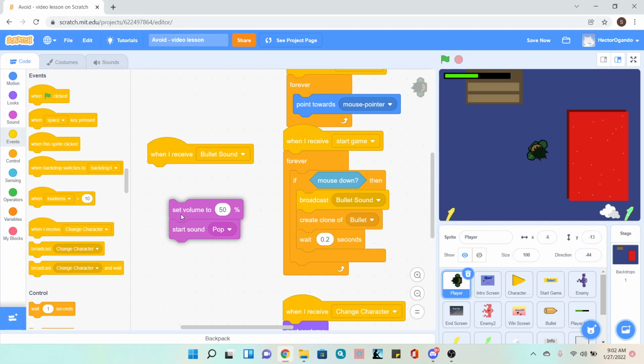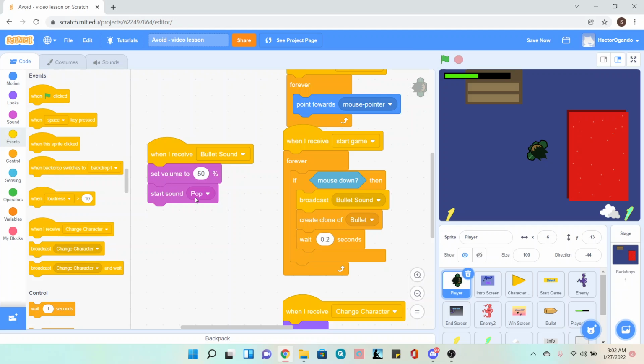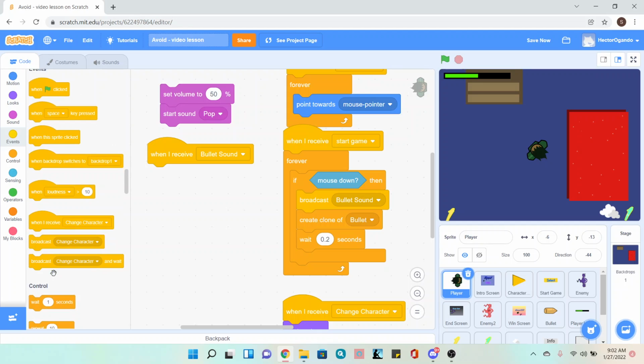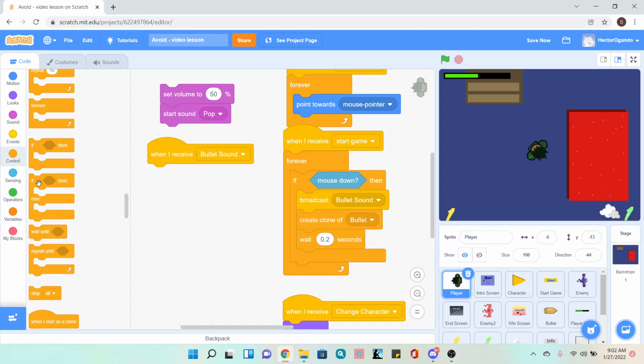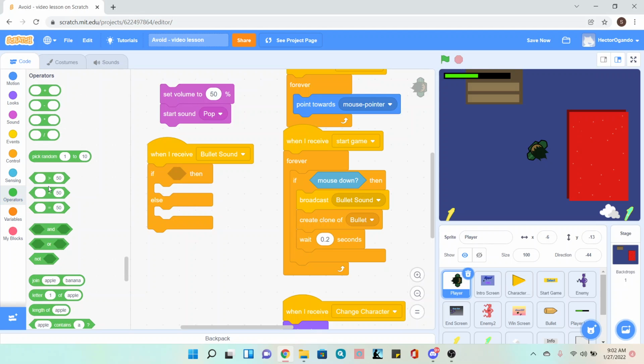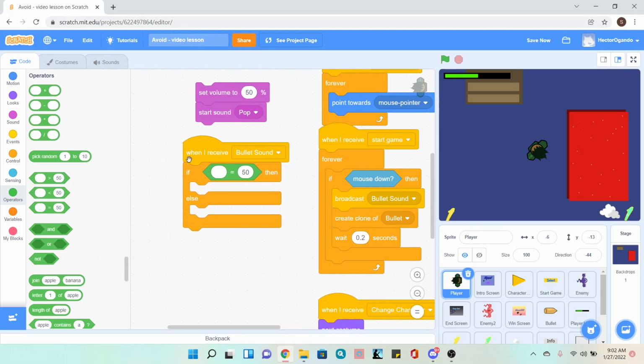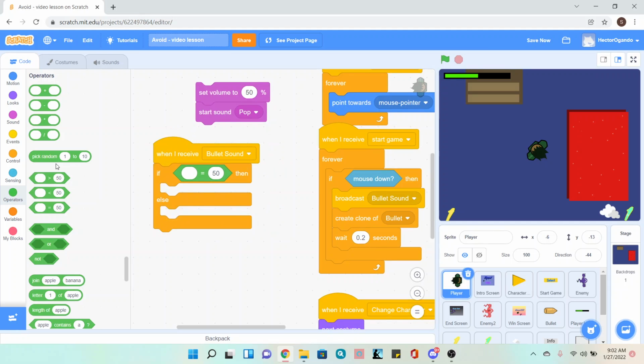So these two blocks, we're not just going to put it right underneath here because it's still going to do the same thing. It just looks a little bit different. Instead, what we're going to do is we're going to go onto control and we're going to add an if then else. Inside of this if then else, we're going to go into operators and add an equal sign. So we're looking to see when something equals something. And specifically, on the empty bubble, I'm going to add a